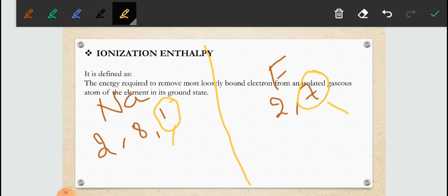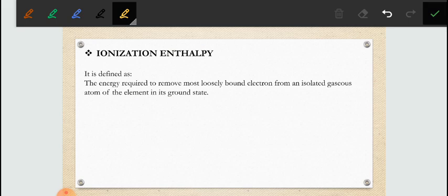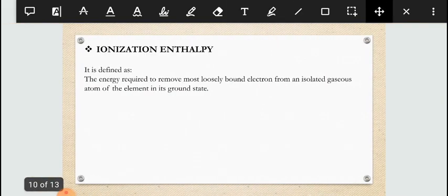If I want both of them to lose an electron and I give just a very small amount of energy, sodium will first of all lose its electron because it already wants to lose an electron, whereas fluorine requires a larger amount of energy. The reason is it will gain an electron, not lose, because to become stable it can gain one electron. So fluorine requires a greater amount of energy. The reason is its non-metallic nature, or you can say the nuclear charge is more. So ionization enthalpy is the energy required to lose an electron from the outermost shell of an atom.